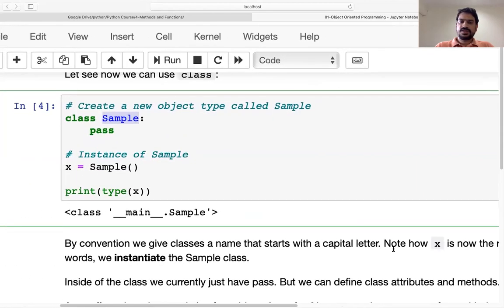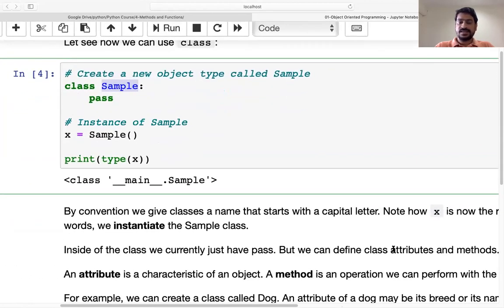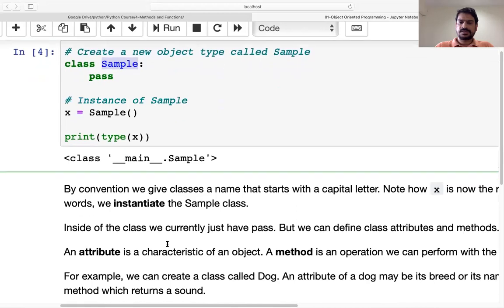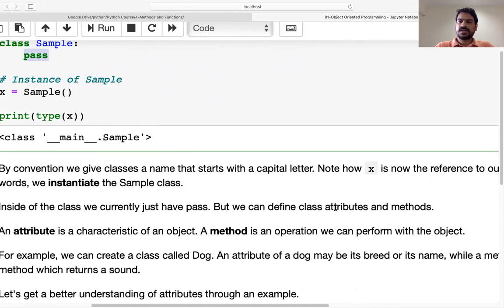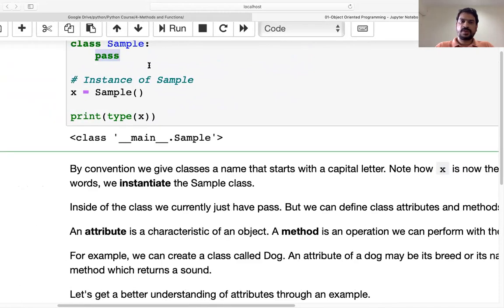In other words, this is an instantiation of the Sample class, or making an instance of the Sample class. Inside the class, we currently just have pass. But we can define class attributes and methods here. Instead of pass, we can write some class attributes as well as some methods.